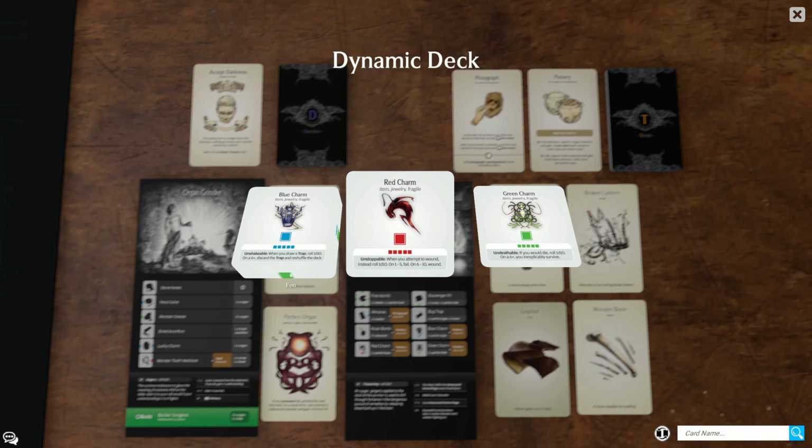So we'll start off with the blue charm. This is our perfect organ. Unshakable is when you draw a trap, you roll 1d10. On a 6+, you discard the trap and reshuffle the deck. So just to note, this is shorthand for you discard the trap into the discard pile and you shuffle everything in. So the discard pile goes back in, but any hit locations you currently have out as a part of that attack,